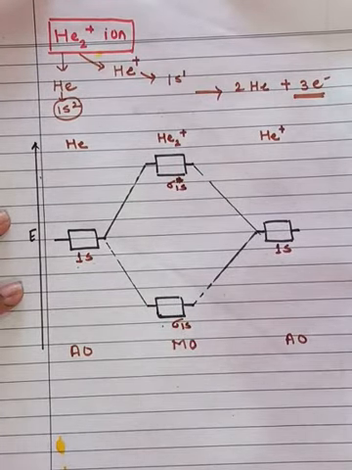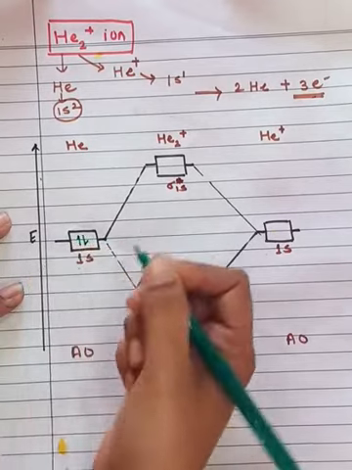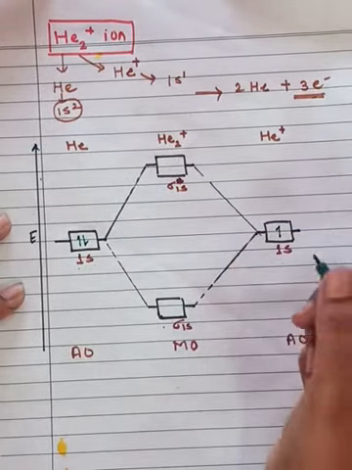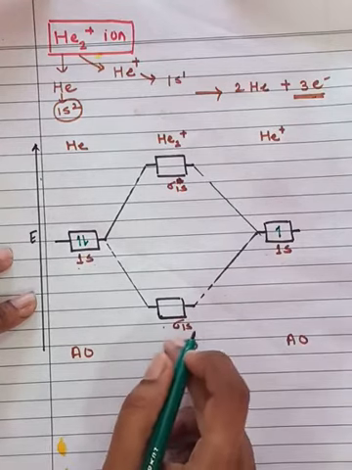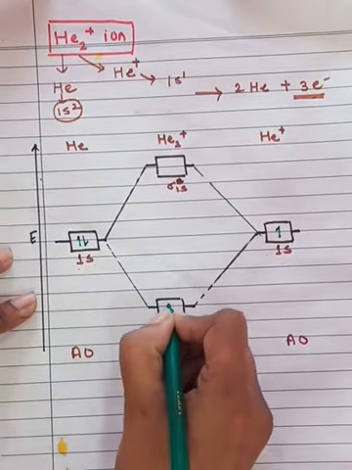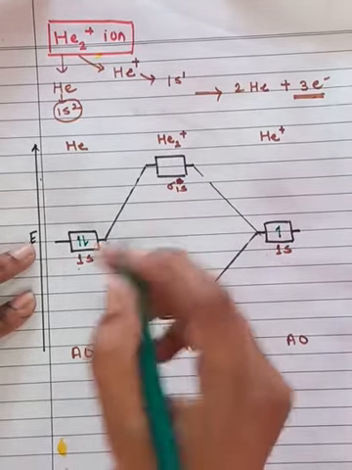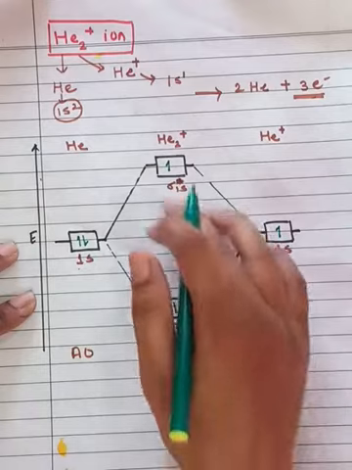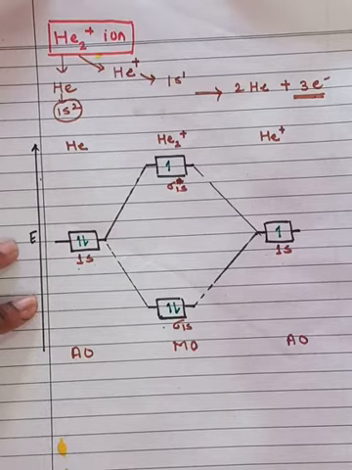Okay, now let us see how the electrons are filled. We know that there are 3 electrons. The first helium atom has 2 electrons, right? It has the 1s2 electron configuration, whereas the second helium has only a single electron. So out of these 3 electrons, 2 electrons first move to the bonding sigma 1s. This is the first electron, this is the second electron, and the remaining, that is the third electron, moves to the upper, that is the anti-bonding molecular orbital. Okay, based upon this, we may write the MO electronic configuration for the He2 plus ion.